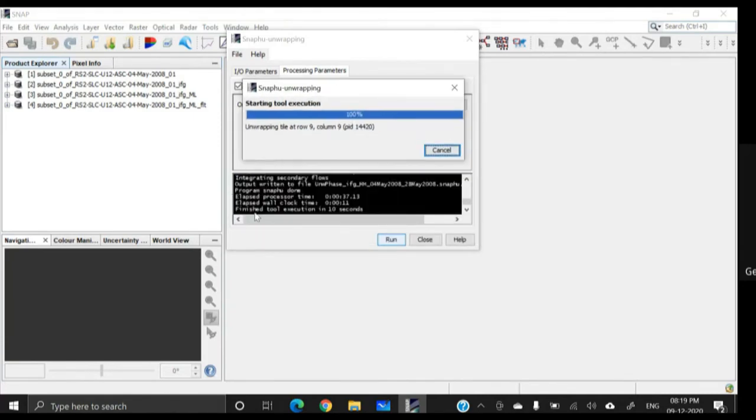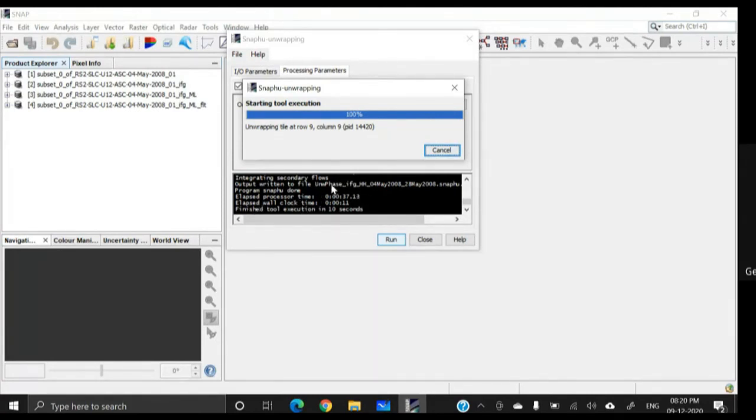Here in this black area, you will see the process. As you can see, it has been completed. 100% is completed on my computer. In the message box, we do not have any red color line or red color text. If you have any red color text, that means there is an error.